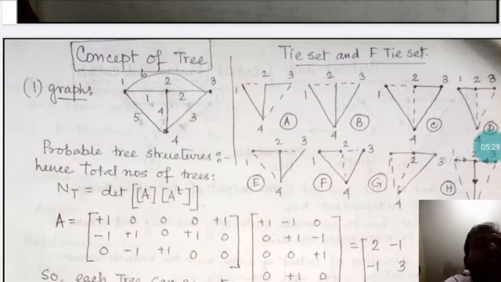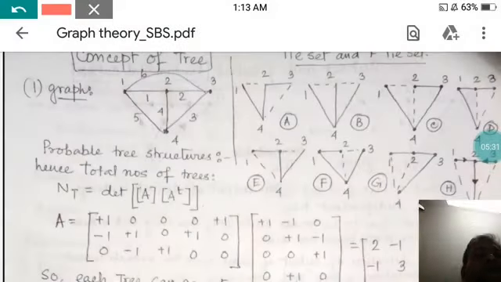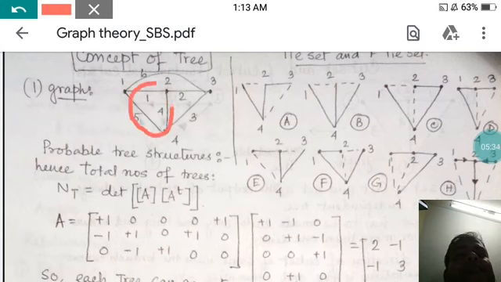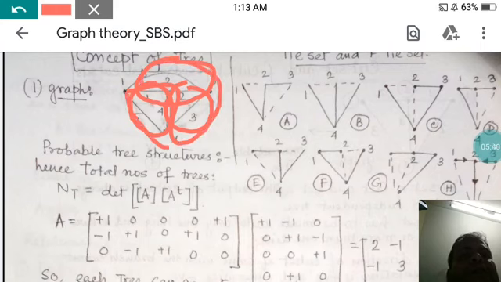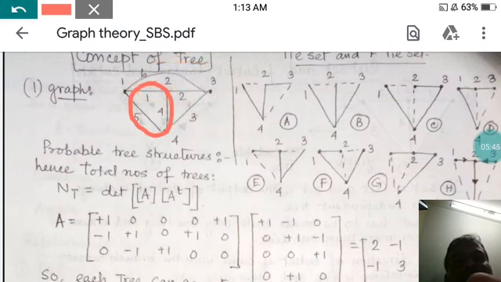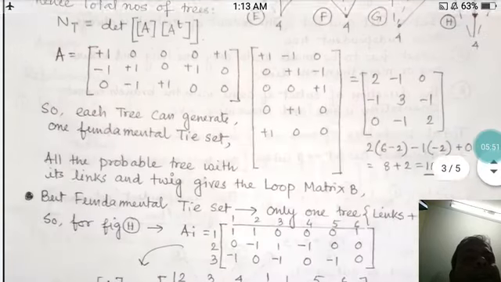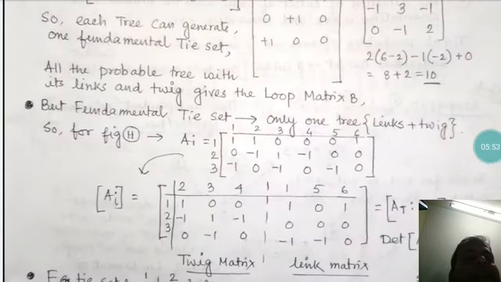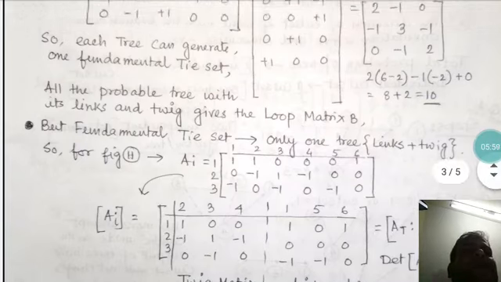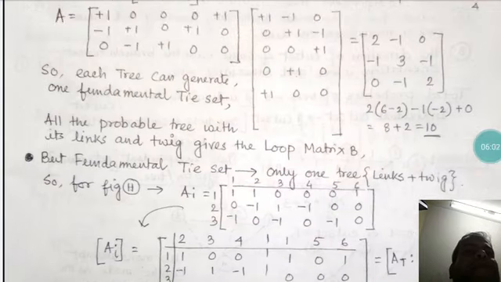In a particular case, when you find the closed loops, there is one closed loop, second closed loop, third closed loop, fourth closed loop, fifth closed loop. In this way, different numbers of closed loops are there. That total number of closed loops gives rise to the matrix. So the final matrix is a compact form of all the probable closed loops in that matrix relation. So obviously this is a loop matrix.